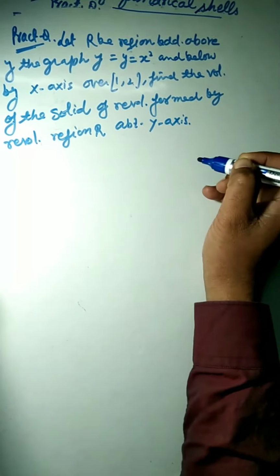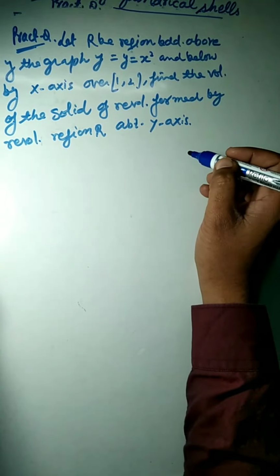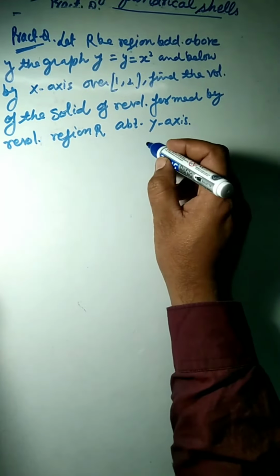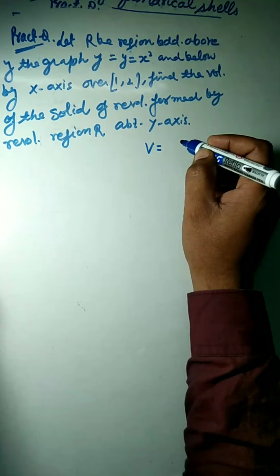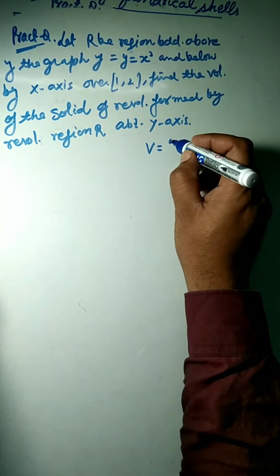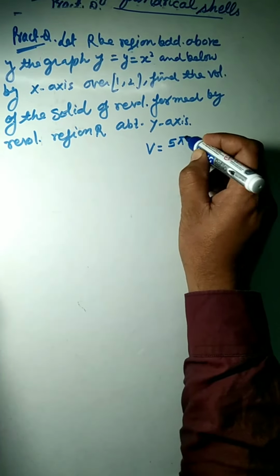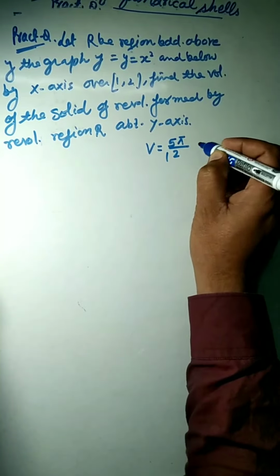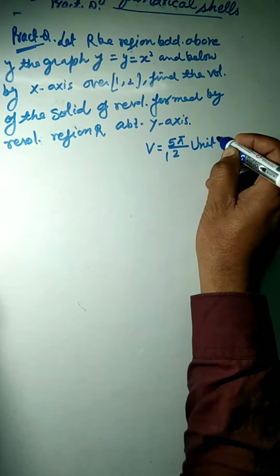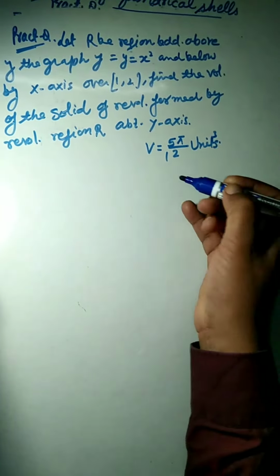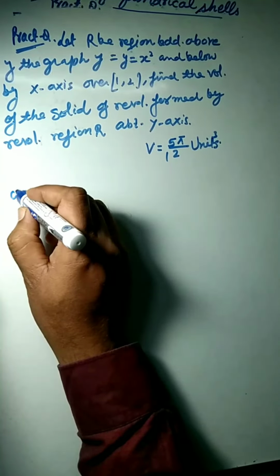As previously we have done, we can use the same method and we will obtain the final result, that is volume 5 pi upon 12 units cube. This will be the volume. Next question,